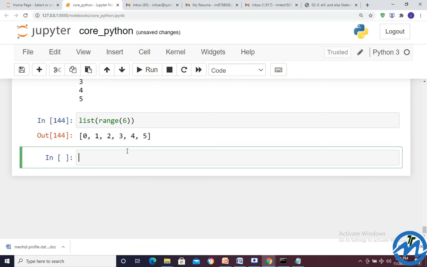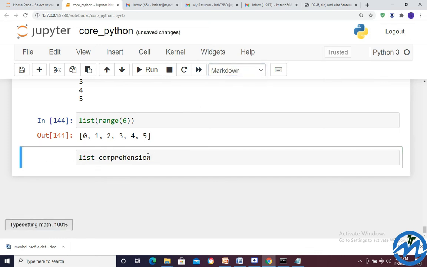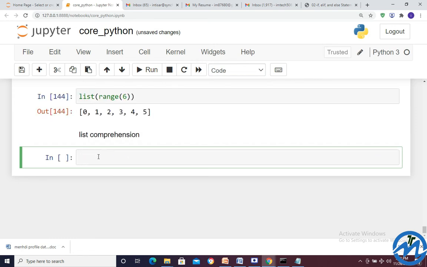Next, we have list comprehension. So how can we do it? Suppose LST is equal to, let me write, list comprehension. Then we'll give LST is equal to 1, 2, 3, 4, 5.